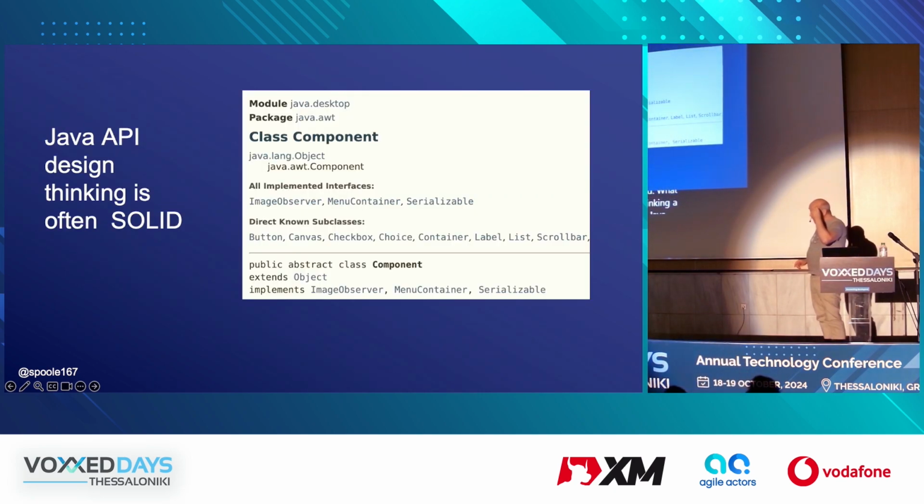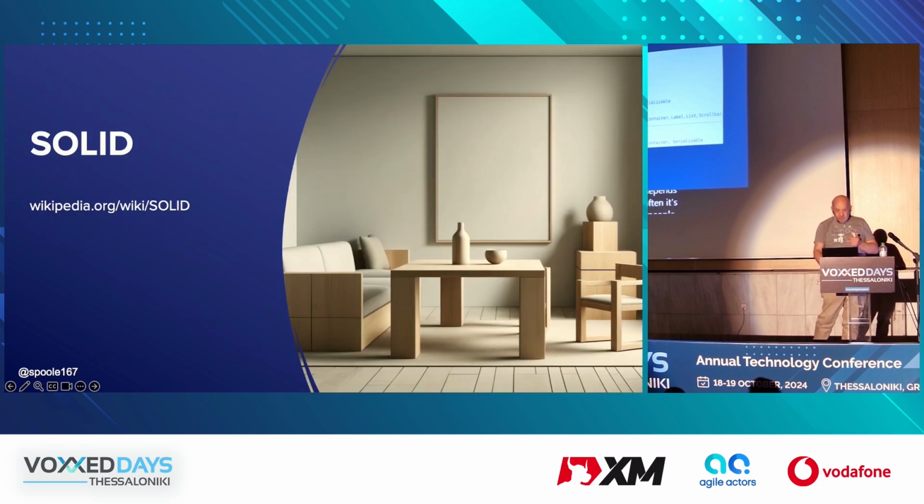So if you've had any teaching about how to design Java, you may have come across the word SOLID. SOLID stands for something I'll show you in a second. Or you may have looked at the Javadoc for Java and seen things like the UI classes. So how you're influenced in how you write Java depends where you started, but quite often it's one of these two places. You look at how people write code already, or maybe you get some more structured approach.